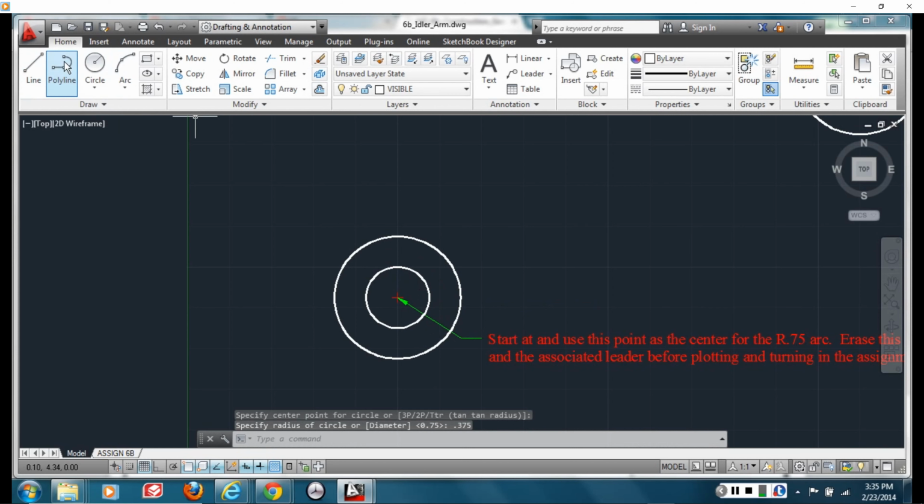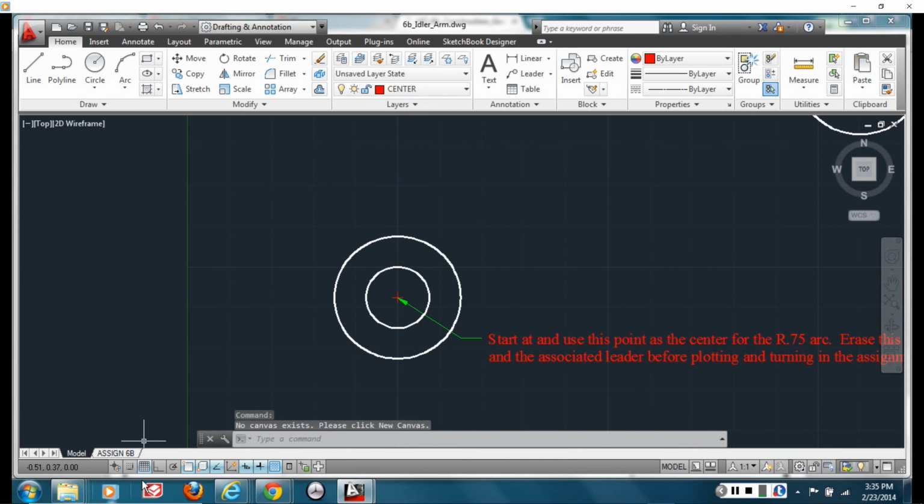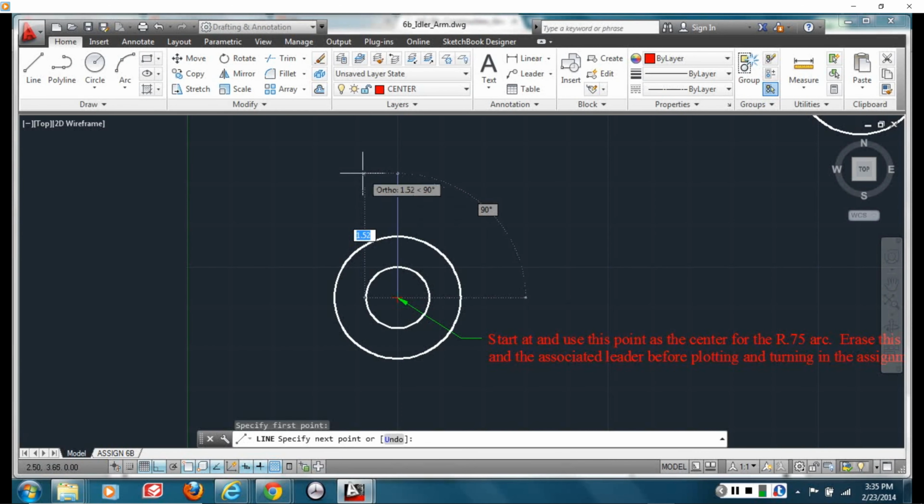And then I'm going to create a construction line, actually a center line, using orthogonal projection. And we're going to create a line from here, and then I want to go up whatever distance represents the center of the next hole, and that looks like 1.25. So we'll go 1.25